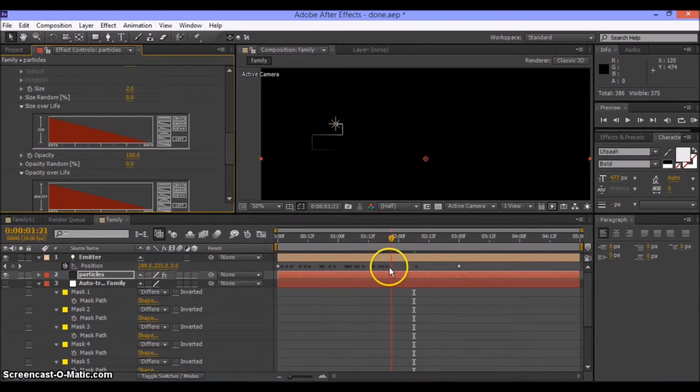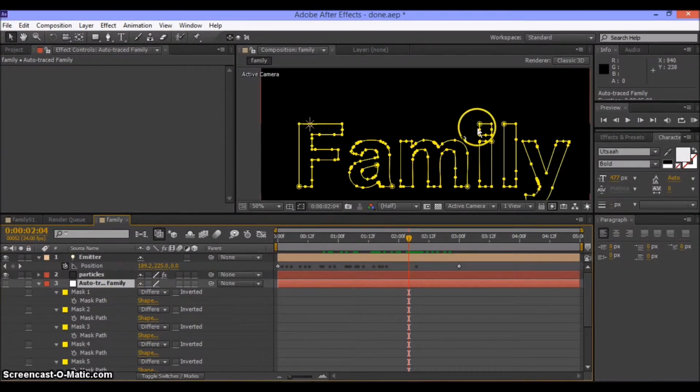Basically you need to repeat the process to get this effect for all the letters. For example, if I want to get A, click on the mask key in my auto trace layer, click on letter A, it is on mask 3. So I click on the mask path, go to copy,